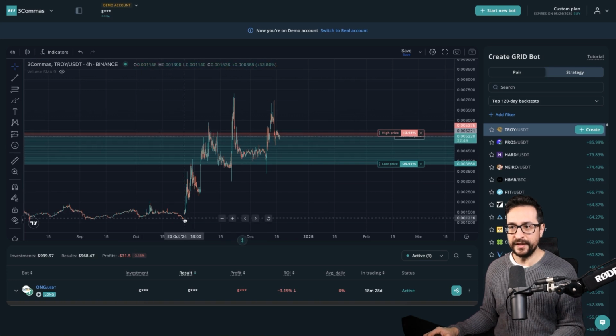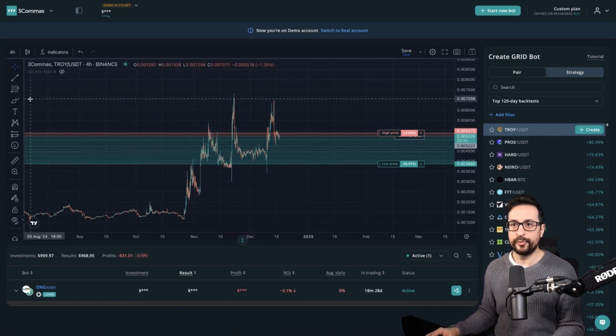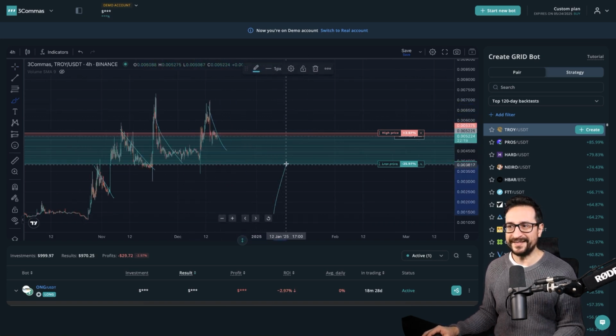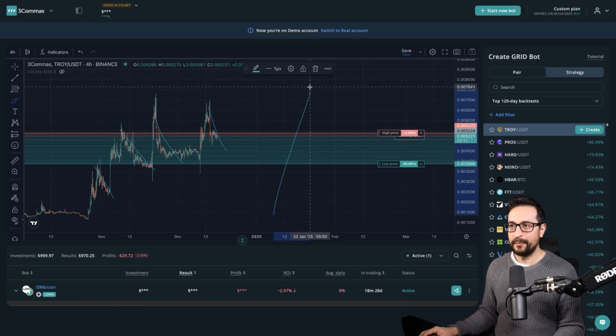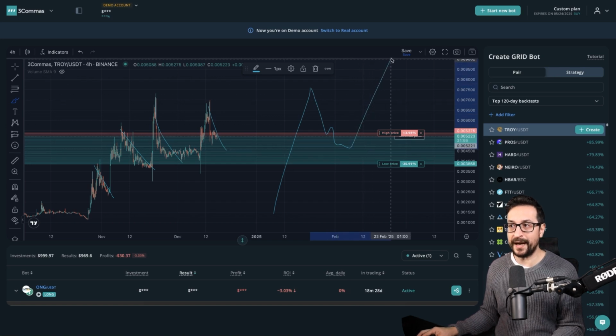For example, in here, Troy had a breakout and it has had multiple swing highs in the price action. Each and every single one of them produced some sort of bull flag that could have been traded by placing the grid slightly below the impulsive move, on the expectation that it is going to produce some sort of pullback, doing a bull flag, filling some of the orders of the grid bot,